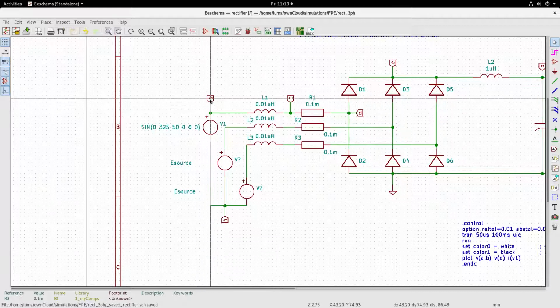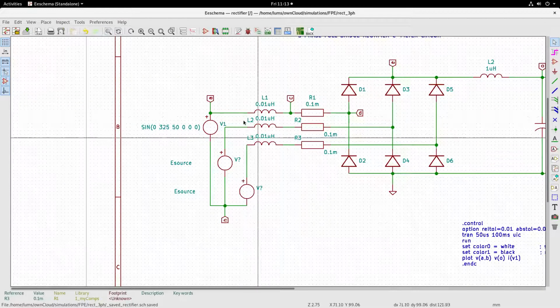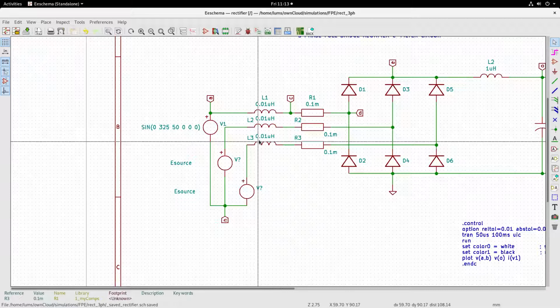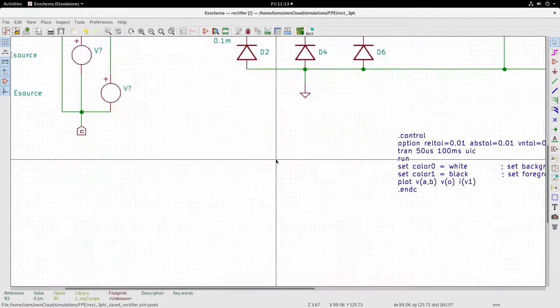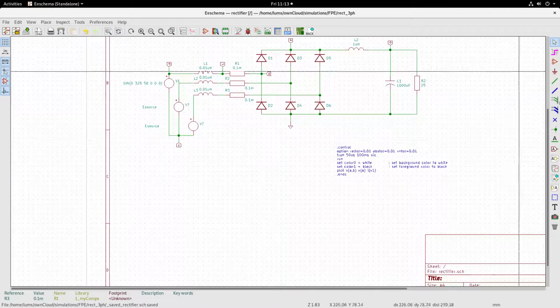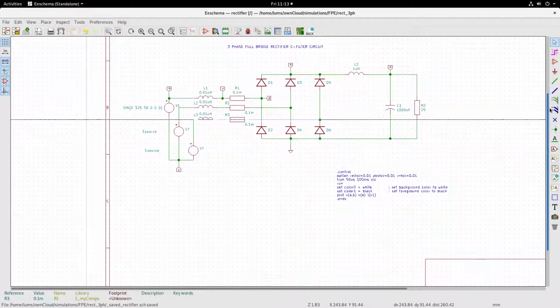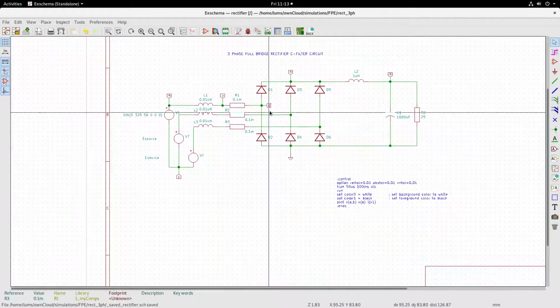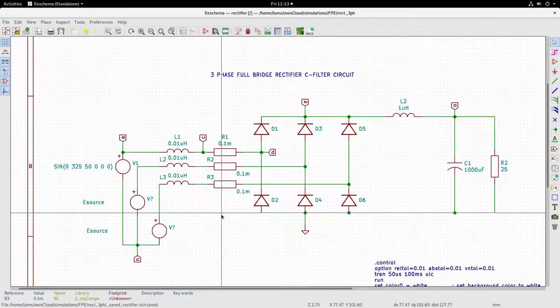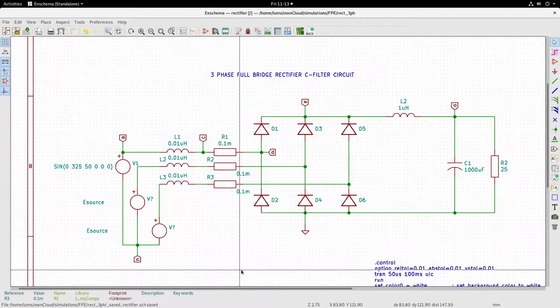So let me name this as A phase, doesn't matter. So we will leave it at that. You can rename it as you wish. And let me see the whole circuit. Now that whole circuit is complete as you see it here.